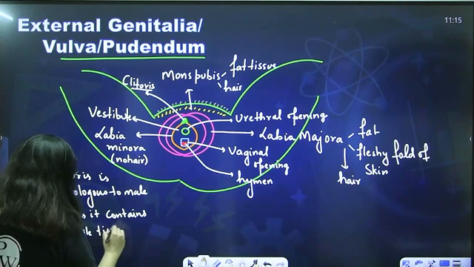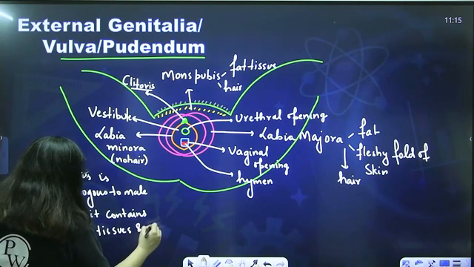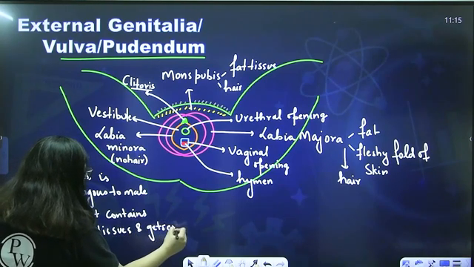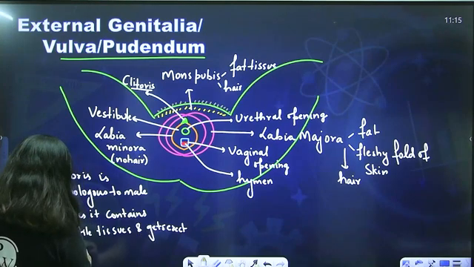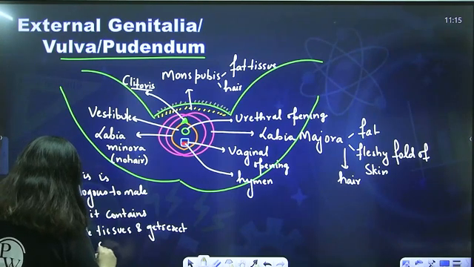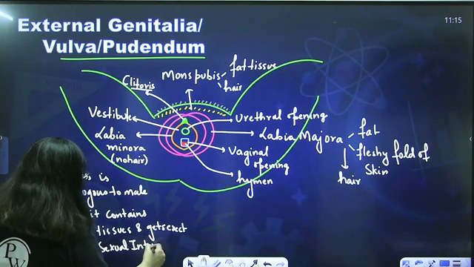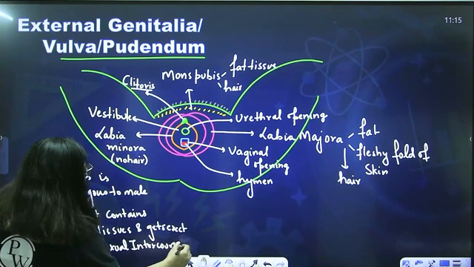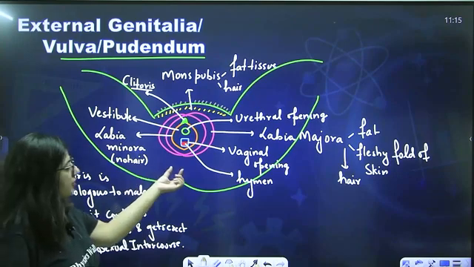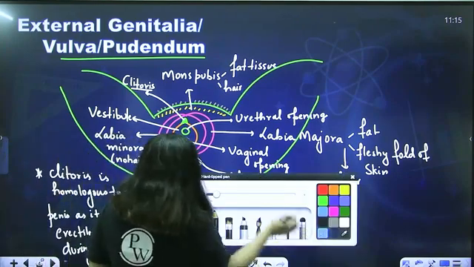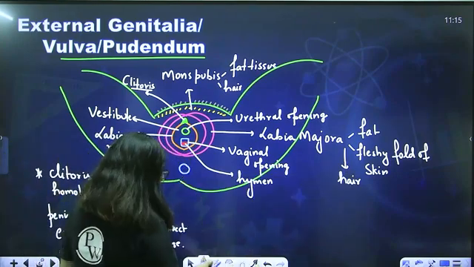Erectile tissues and gets erect during sexual intercourse. Fine. Now, down here is present another opening, and the name of this opening is known as anus, and through